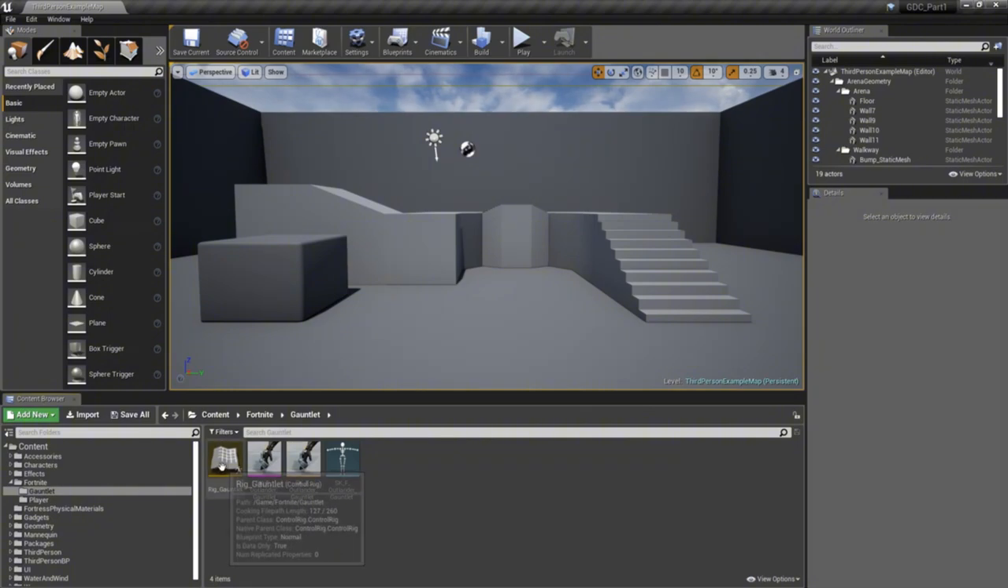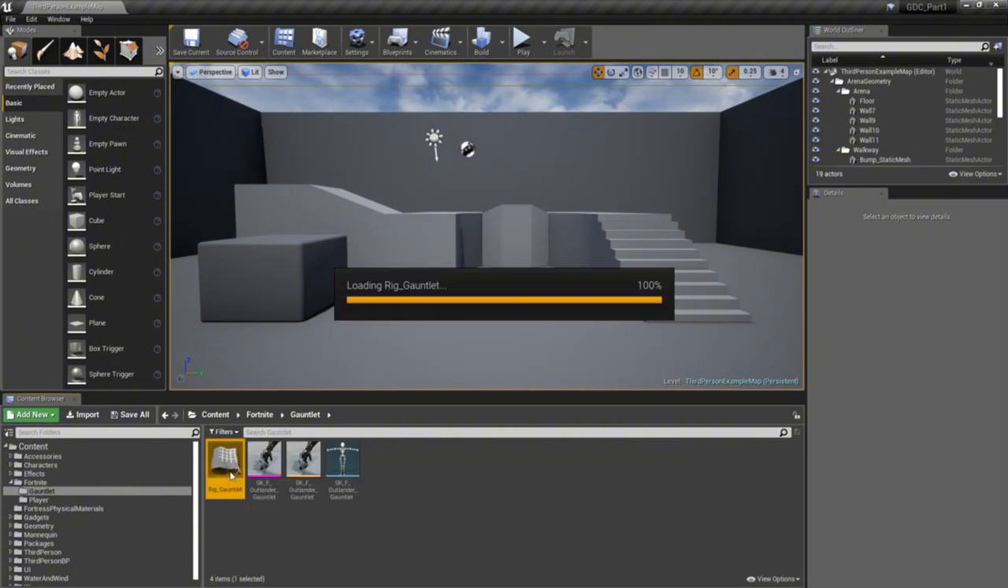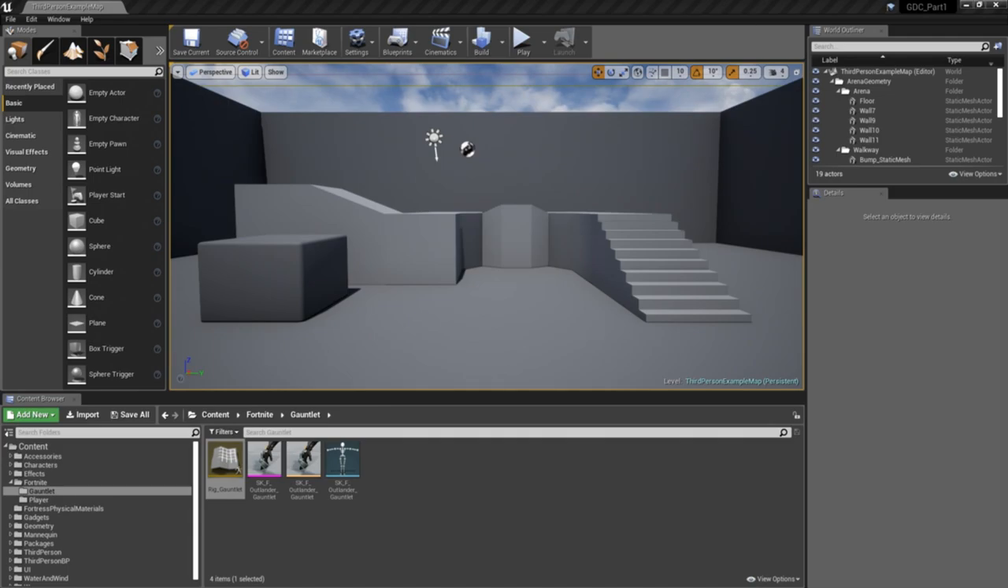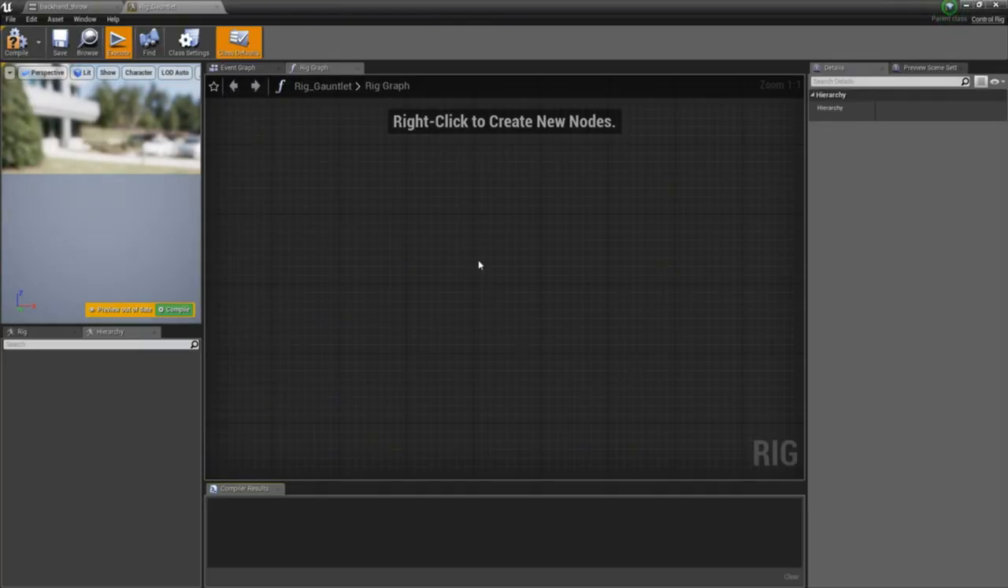So now what we can do is double click and open this up. And now we have the Control Rig editor. If any of you have worked with animation in UE4, this may look very similar to an animation blueprint. There's a little bit of things that are different, but kind of recapping really quickly, we have a viewport